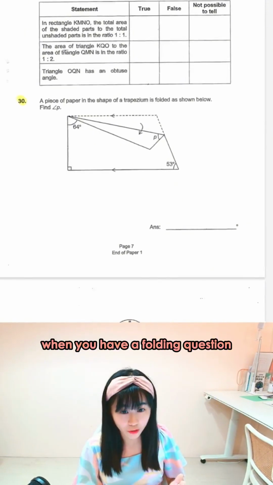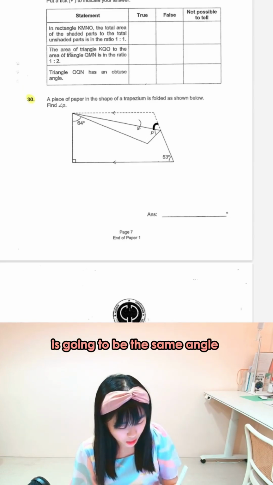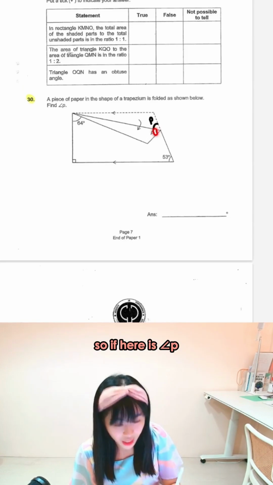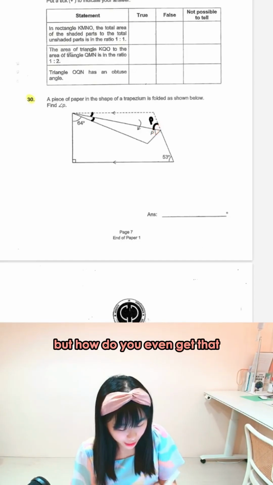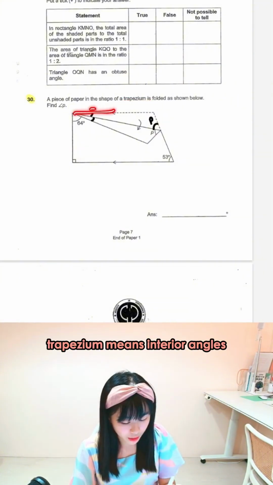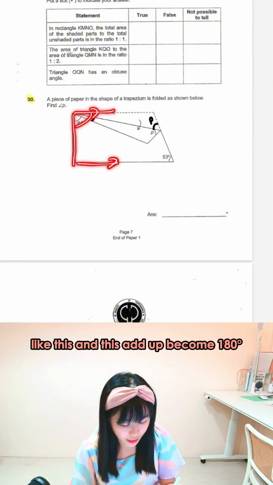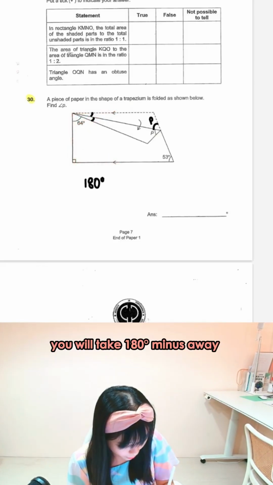Question 30, you have a piece of paper in the shape of trapezium folded as shown here. When you have a folding question, the part that you fold, okay, it's going to be the same angle. So if here is a P, then here is also going to be a P. This and this will be the same. But how do you even get that? Can you see that it's a trapezium? Trapezium means interior angles, they add up become how many degrees? Like this and this add up become 180, yes. You will take 180, minus away the 90 here,